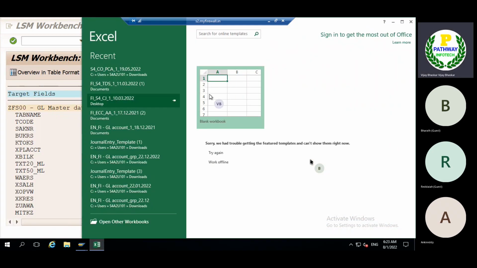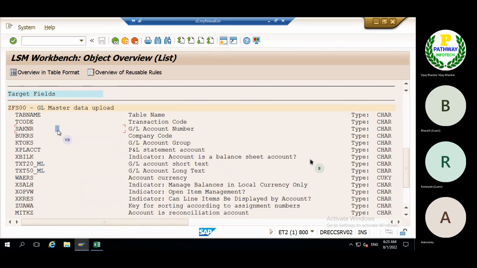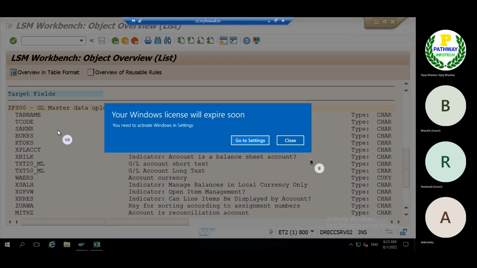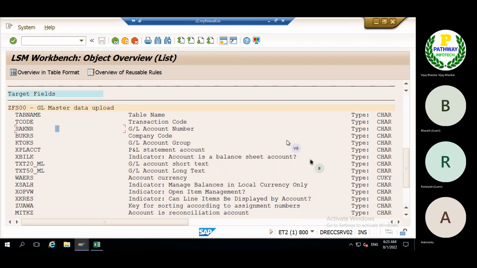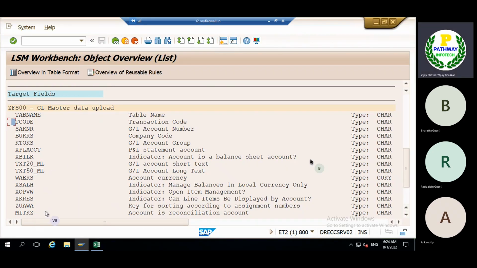Select the Excel sheet. So we have copied up to account, reconciliation account.